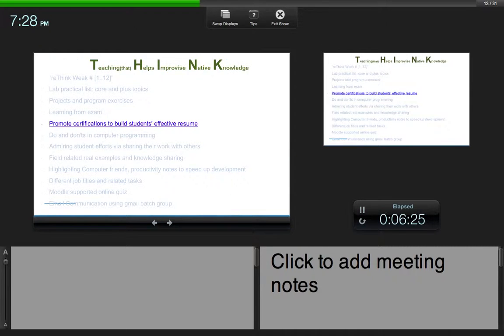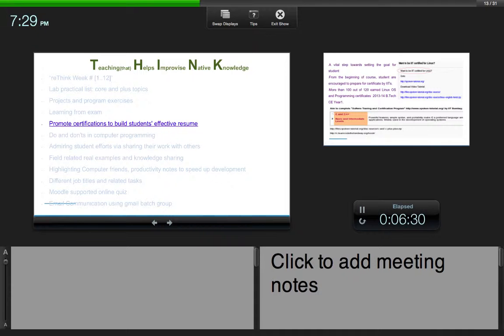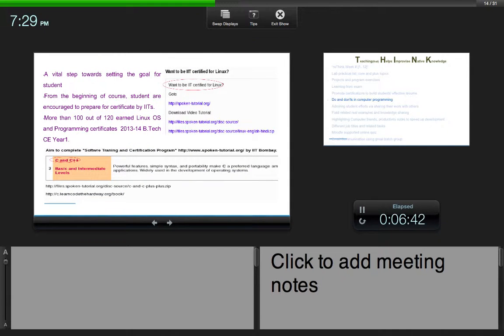So this is how we also do one more activity, promoting certifications to build students' effective resume. Because we know students need direction and a goal. So from the beginning of the course, we encourage students to prepare for some certificates. For example, for the first year students in the course of Linux operating system and C programming, we encourage them